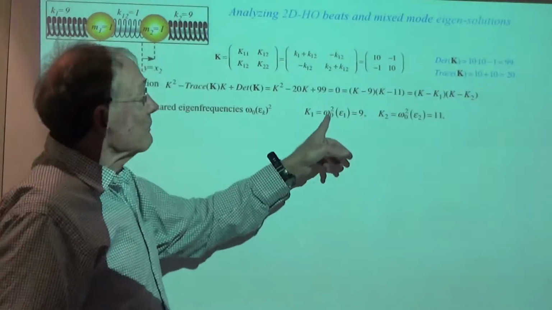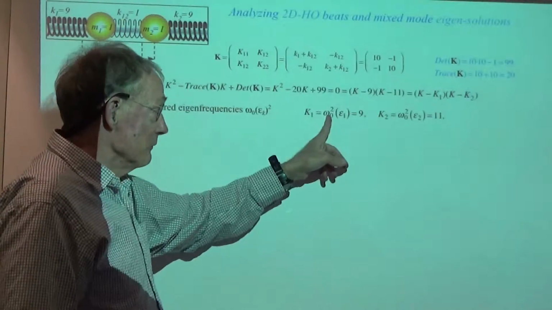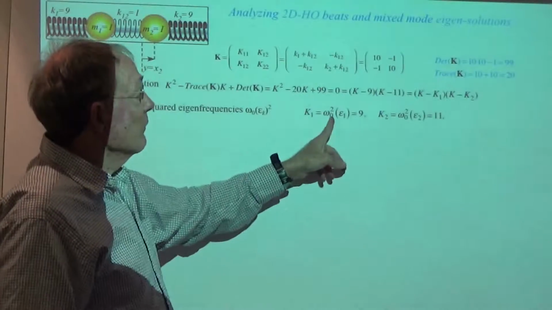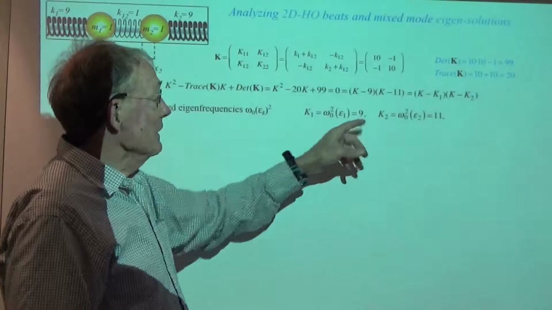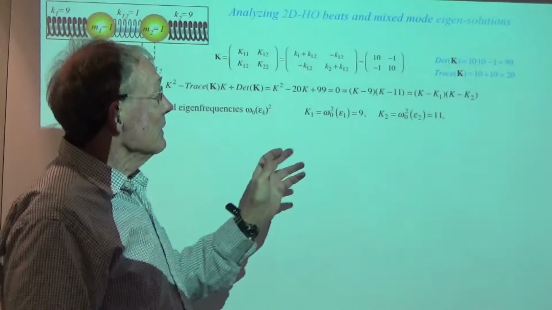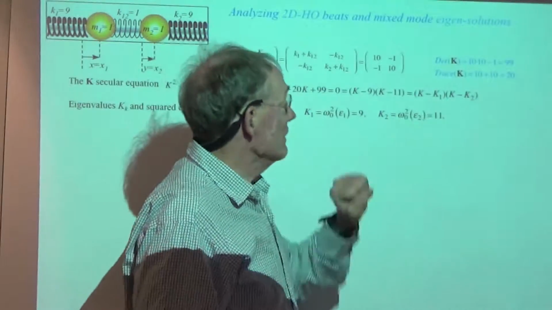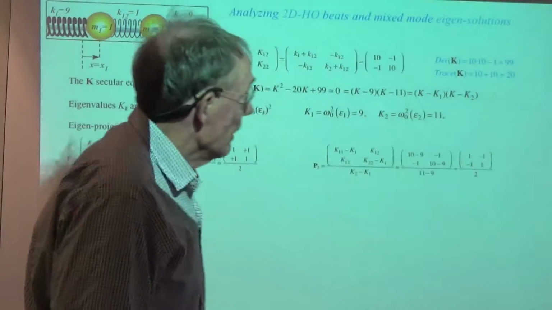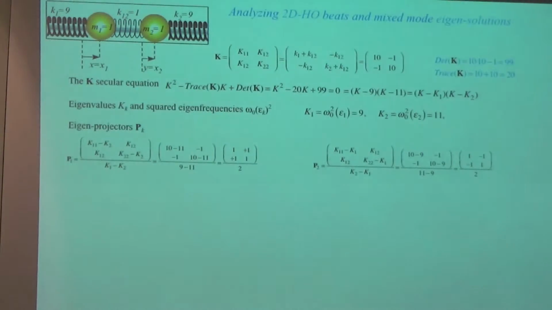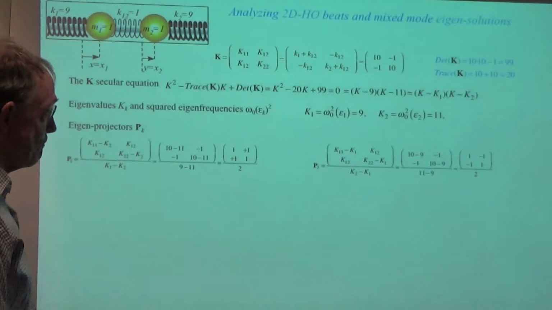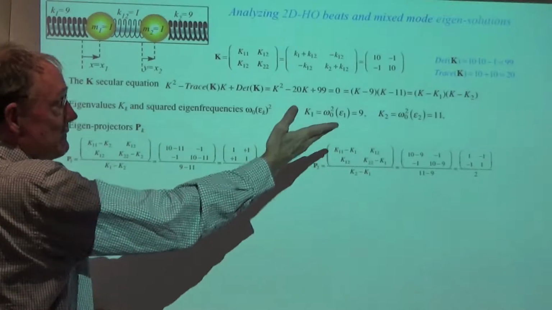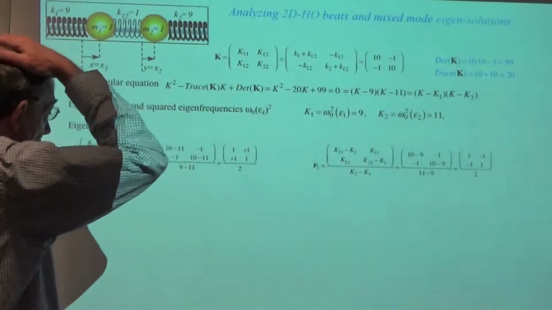So we're going to get a frequency, angular frequency, radians per second, for the number 1 of the square root of 9. That's 3 radians per second. And this will be square root of 11 radians per second for that. And then we want to check the projectors. Okay? They're particularly simple. With the 11 eigenvalues,